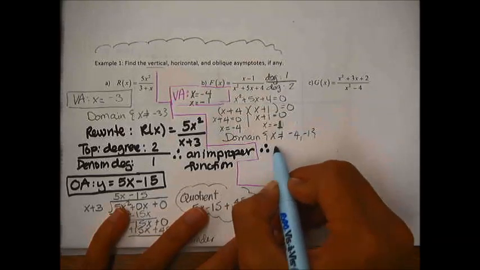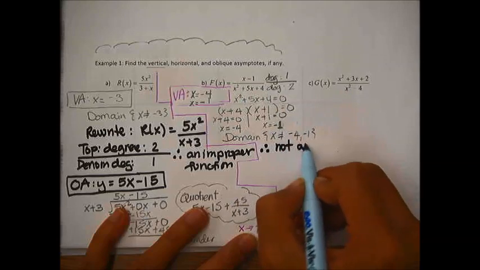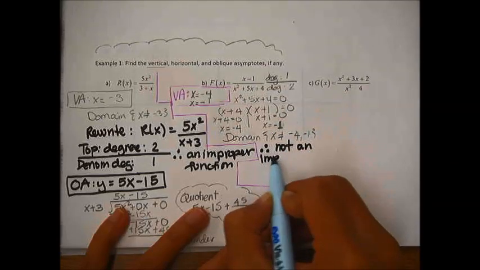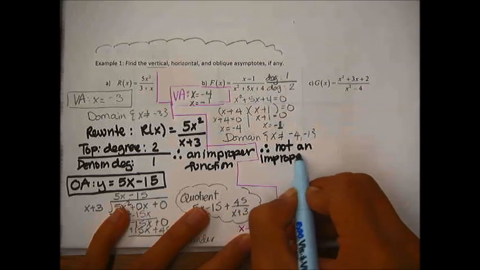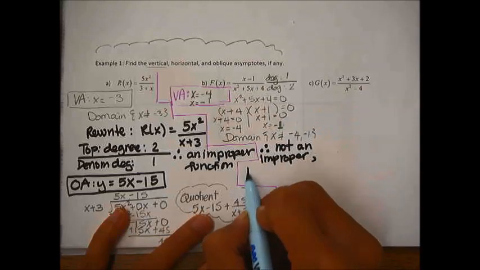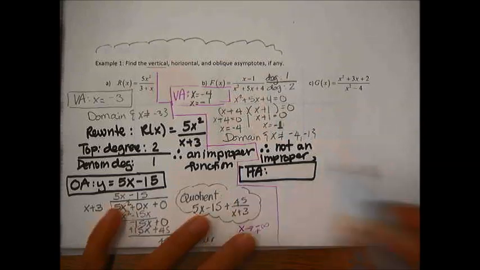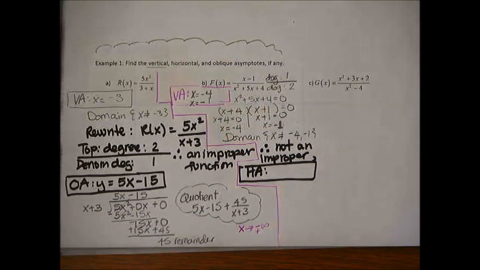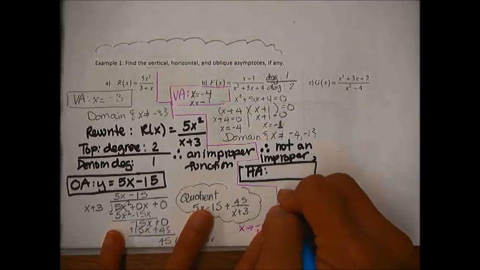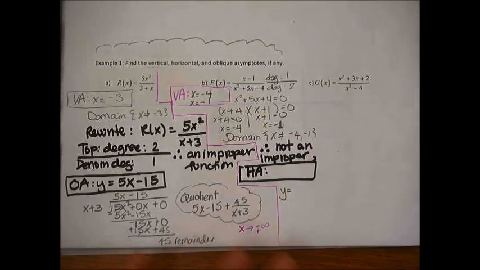Therefore, this is not an improper. We're going to have an HA. So we're going to write HA, I'll box that up. This is where it's going to go. And to find your HA is quite easy. To find your HA, again, you're going to need a y equals. Asymptotes are lines. So horizontal asymptote,